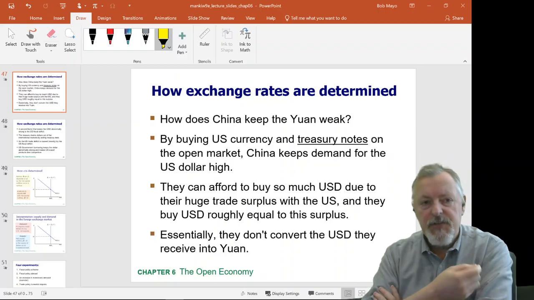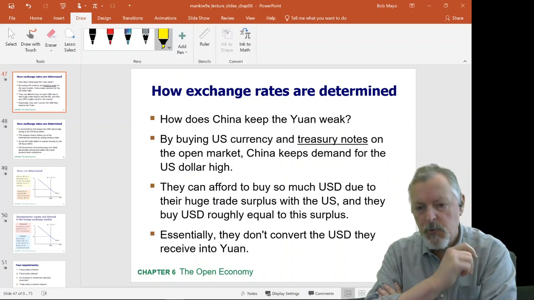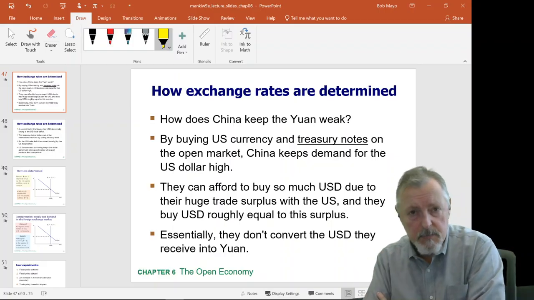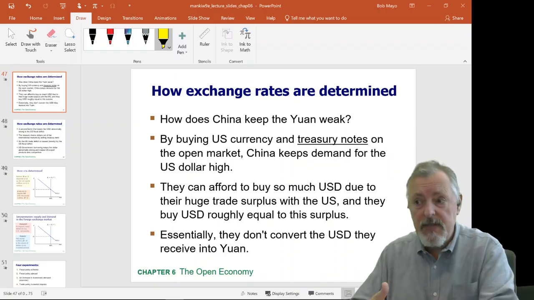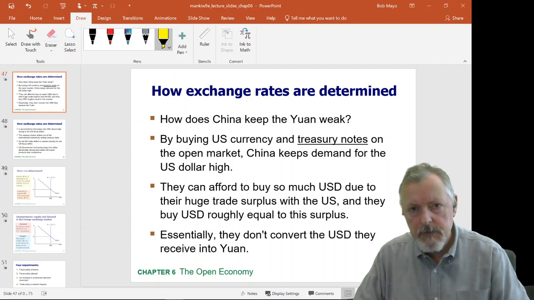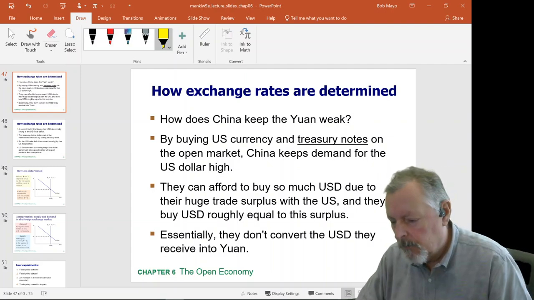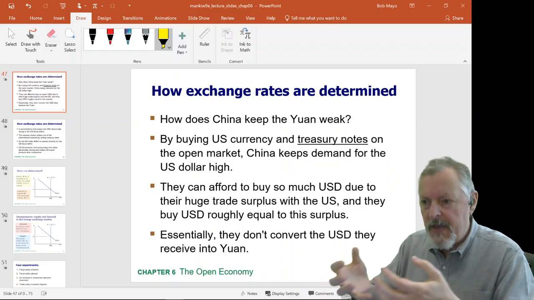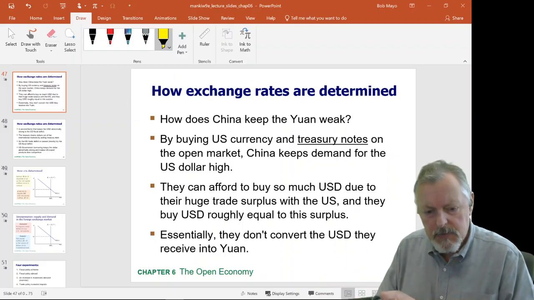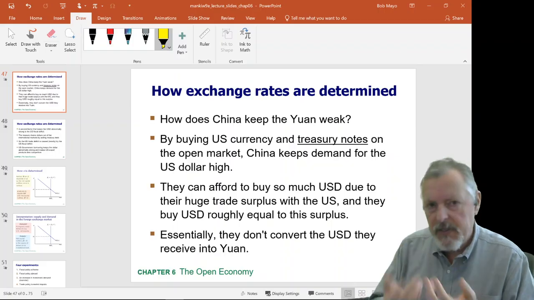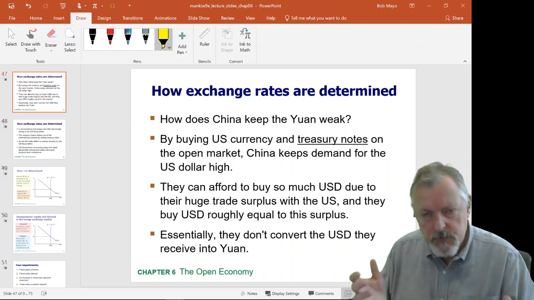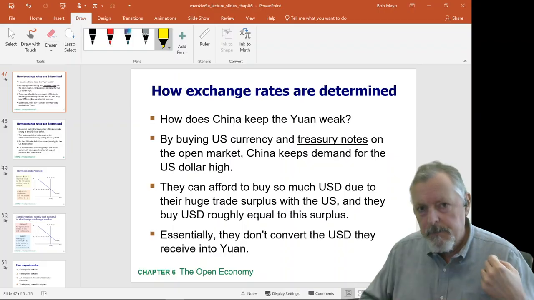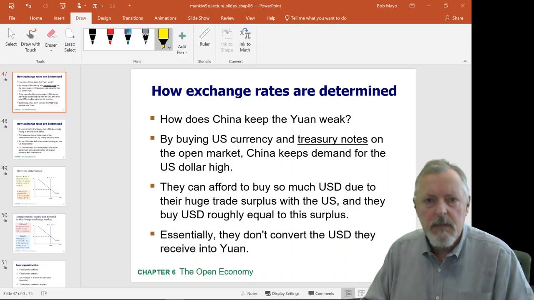Okay. The Chinese government prints yuan, sells them in the foreign exchange markets. By selling, I mean they trade them for U.S. dollars. So they end up building up a supply of U.S. dollars. What do they do with those dollars? Some they keep in reserve, foreign currency reserves. But some they use to buy U.S. Treasury debt,